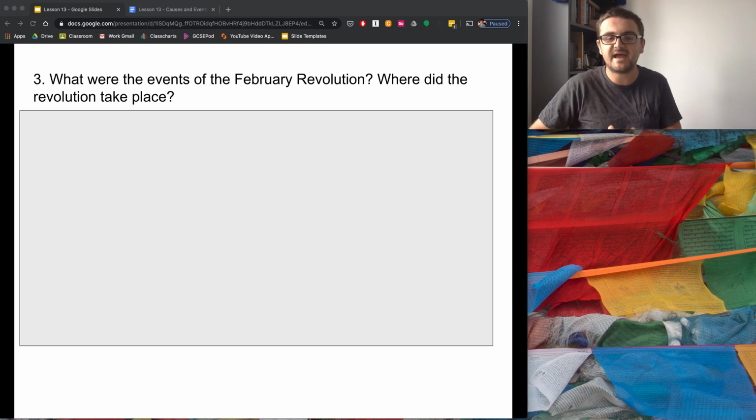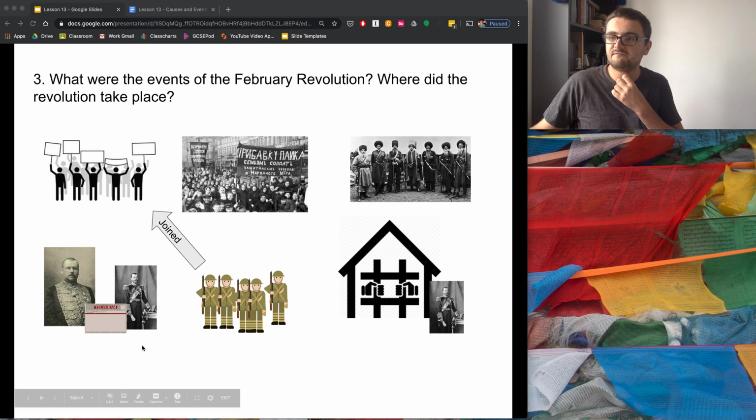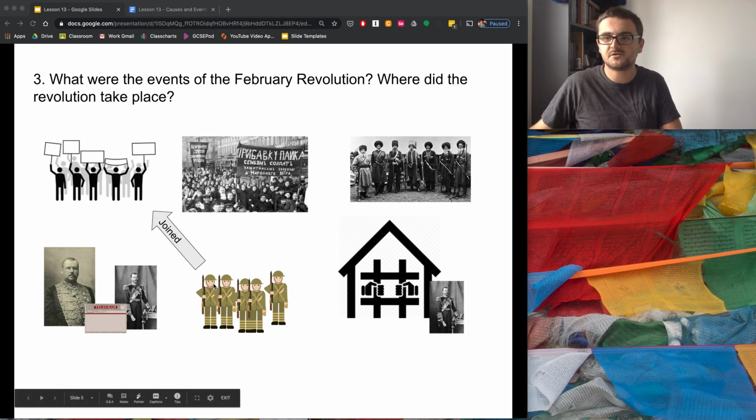Fantastic, now that you've emptied your head, again I've got some clues for you. Here's your first set of clues, you've got some images. Now these images tell the story in order. So this is the first one in the top left, second one, third, and then it goes down here, 4, 5, 6. Look closely at the images. Can you remember these events? Pause the video now and look closely.